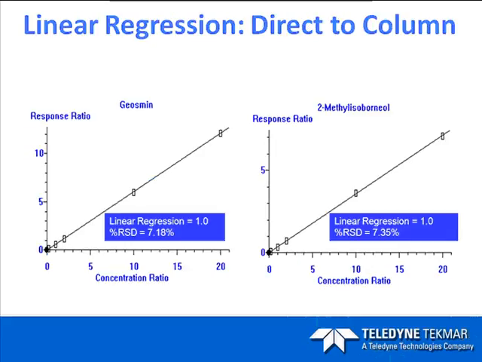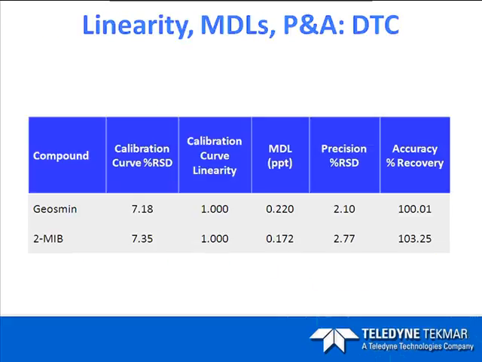Looking at the linear regression, we have a 1.0 curve again. The percent RSDs were 7.18% for Geosmin and 7.35% for 2-MIB. Looking at the table, our MDLs were 0.220 for Geosmin and 0.172 for 2-MIB. And in each one of these techniques, the MDLs have turned out to be very similar in